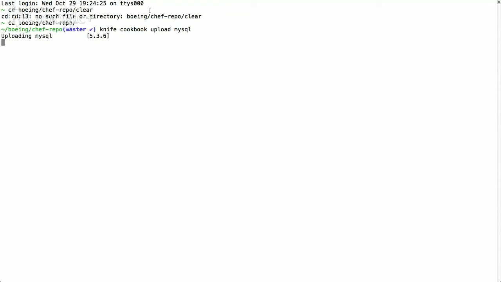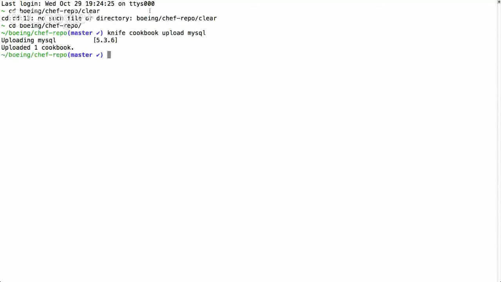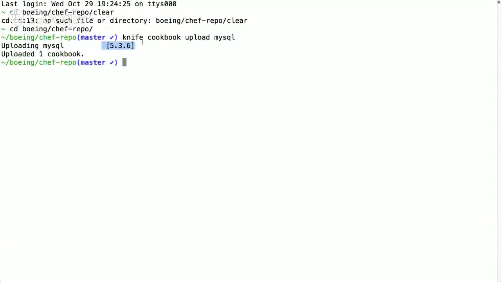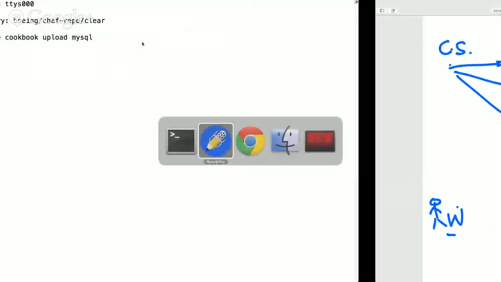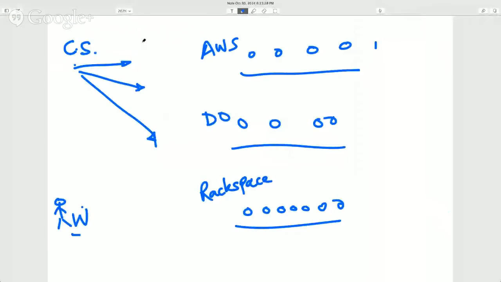If you type that command sequence, it goes. Now you do not want to automate that part. Any change you make, you want to carefully evaluate: is that change valid before you upload your cookbook to the Chef server? You want to be super careful and not send anything from here to here without your permission. You don't want to send that automatically, because you want to evaluate whether it is the right thing to send. A human is needed here.